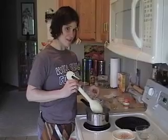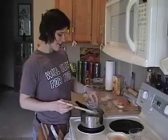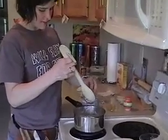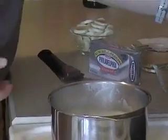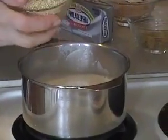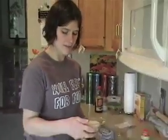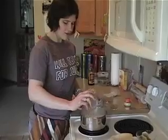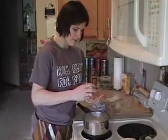So now the chai has infused into your milk mixture. It smells great in here. So we're gonna take out these tea bags and just kind of squeeze what's left in the bags into the milk. And now we're gonna add the rest of these ingredients, which is 2/3 of a cup of quinoa. And this is pre-rinsed. If you don't have pre-rinsed, you're going to want to rinse it off because they have a bitter coating on the outside, which is not delicious. So put in your 2/3 of a cup of rinsed quinoa, then a pinch of salt,